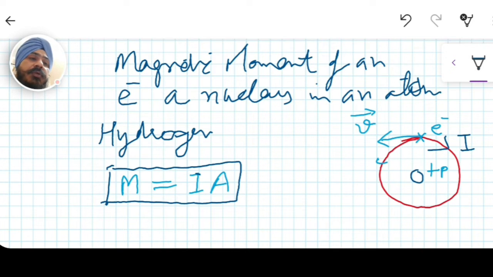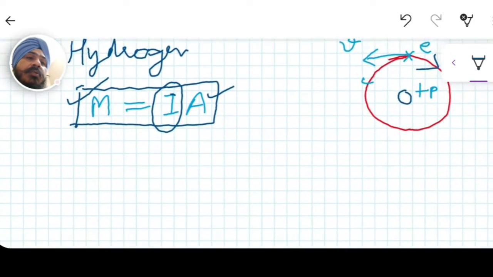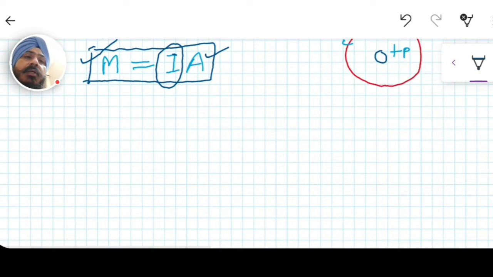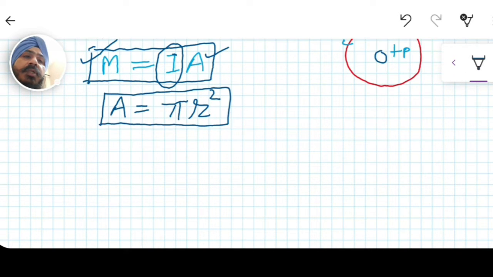So we are here to find the area of the orbit and current of the electron. We will put these two values in this equation. Thereby we will get the magnetic dipole moment of the electron. So now, if the radius of the orbit is r, then area can be easily written as pi r square. So this forms our first quantity which we can put in equation 1.